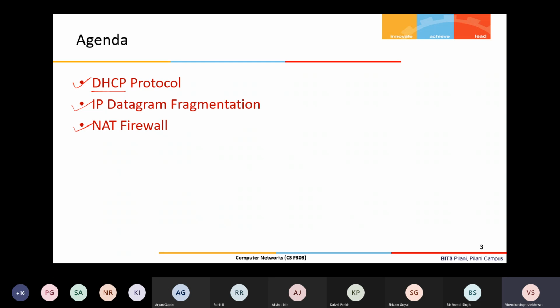One way is that the IP address is assigned manually for every host connected to the network, and that looks very cumbersome. So there is an automatic process facilitated by the DHCP protocol. We will understand what DHCP is, how it works, and how your machine gets an IP address.